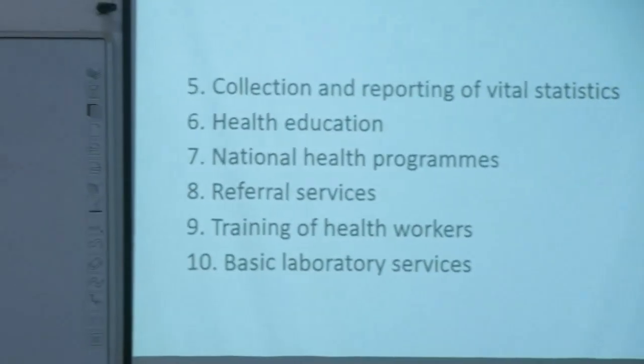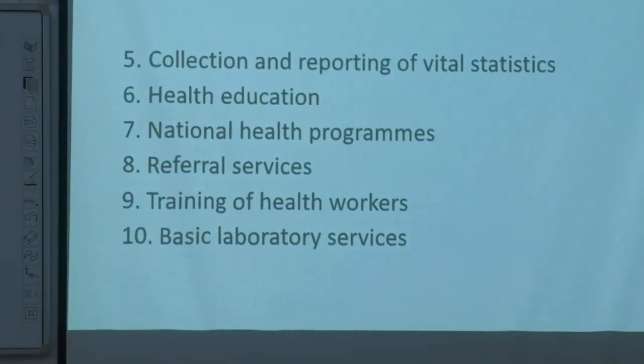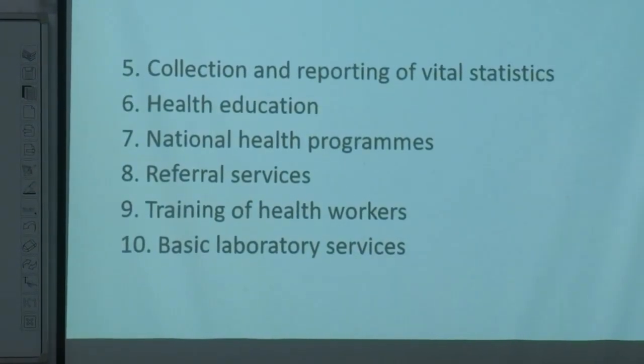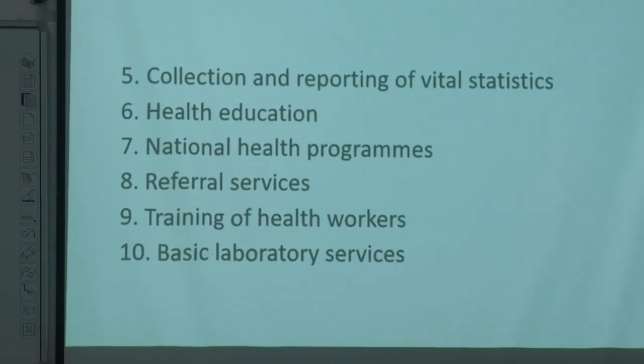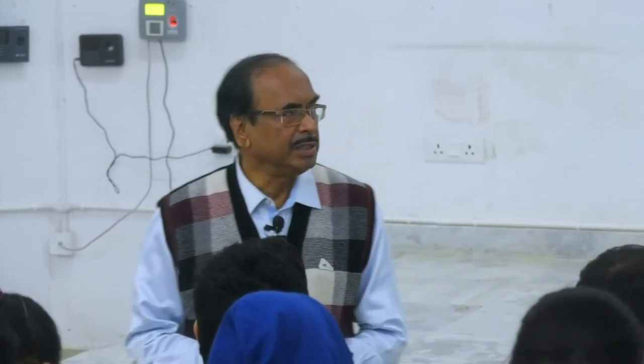Adequate food, that is correction and reporting of vital statistics. Vital statistics means death, that is the birth, all these things. This should be percolated, this should be sent to the higher authority. Otherwise, how can you know? The country will know that the population of this area is this, death of this area is this, birth rate of this area is this. So you have to send all these reports to your higher authority.